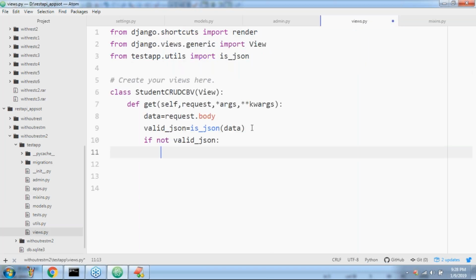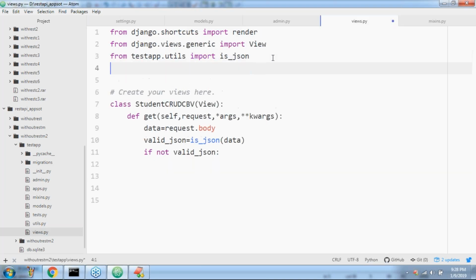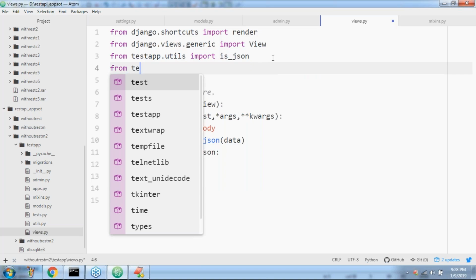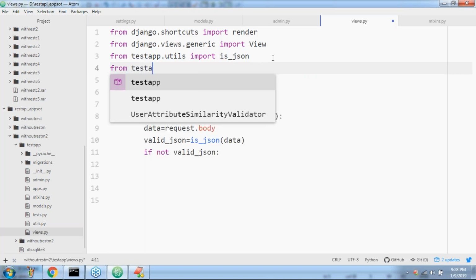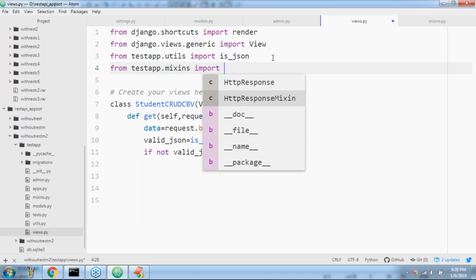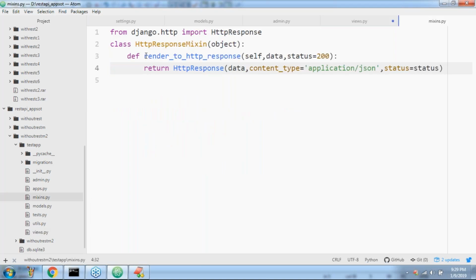If it is not valid, can you please tell how you can import this mixin? First, from test app dot mixins import HttpResponseMixin. This HttpResponseMixin we have to define as the parent, so that the render_to_http_response method is available by default.